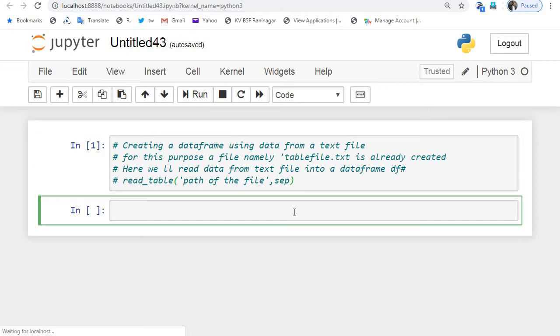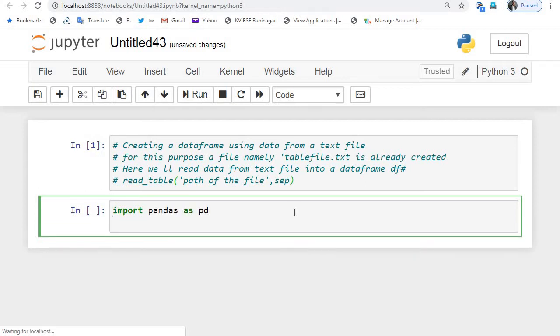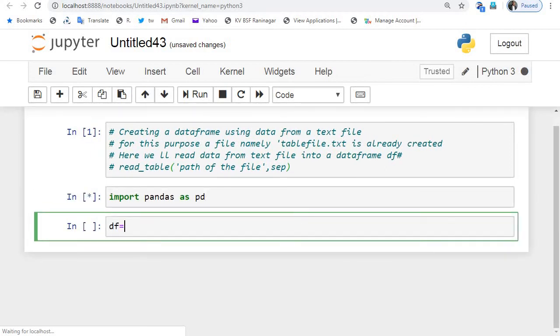So moving to the programming mode, we will first need to import pandas as pd. After importing pandas, we will use the pandas read_table function, and in this function we will pass the location of this table.txt file.